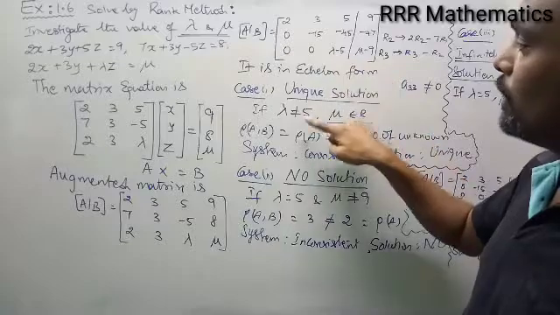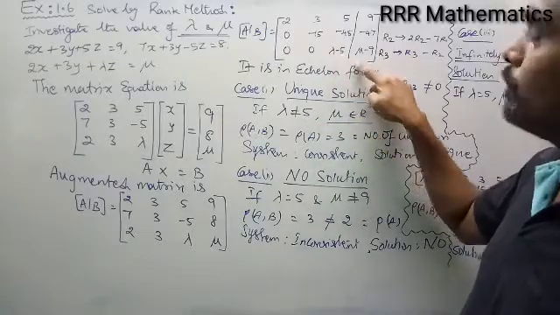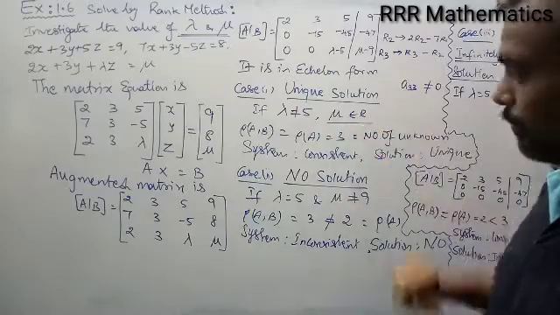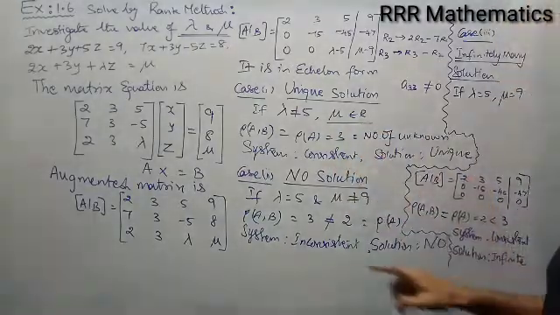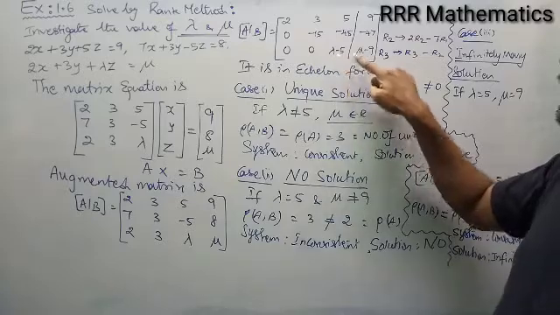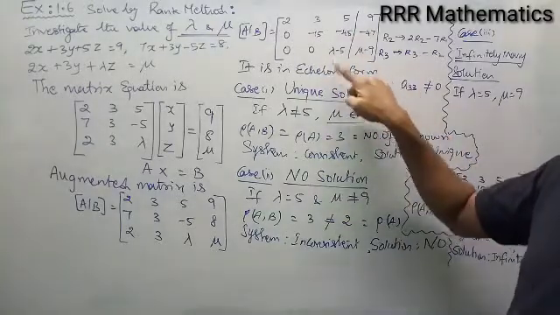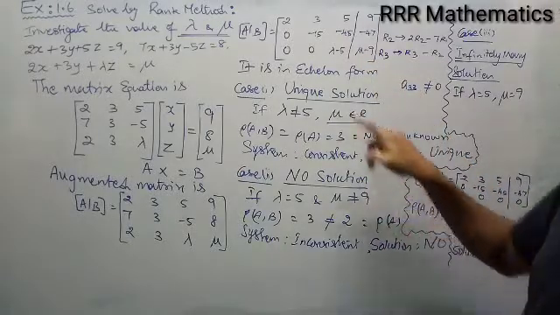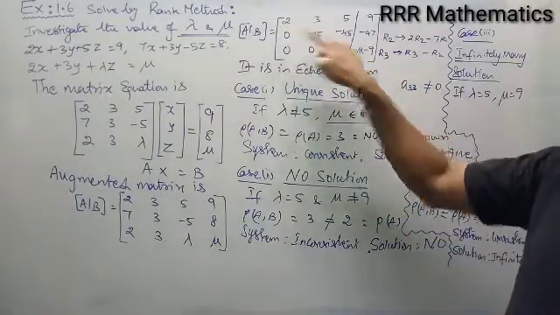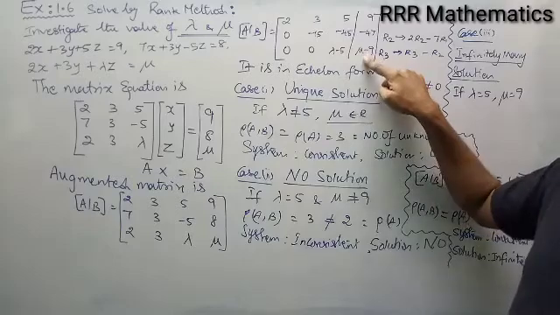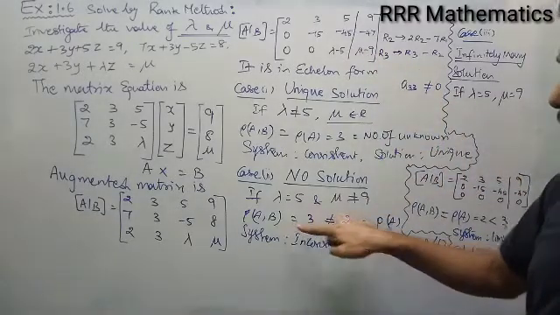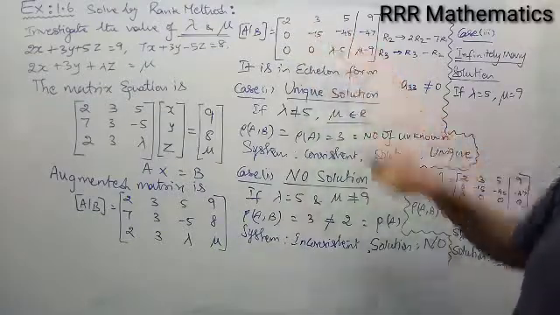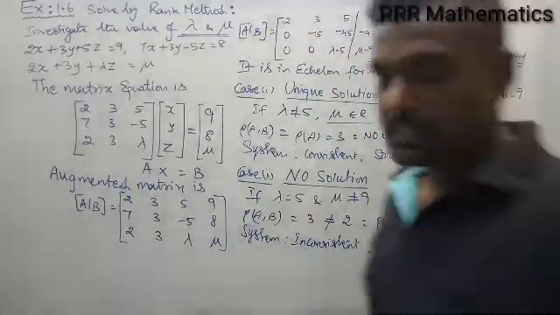So I am taking lambda not equal to 5. Mu you can take any value, I said mu belongs to R. Just make a note of this particular step. So consistent, unique solution. Here no solution: when this is 0, this is not equal to 0, the rank will be different. This will be 0, lambda equal to 5. This will be not equal to 0, mu not equal to 9. So in this case rank of A comma B: non-zero, non-zero, 0, 0, 0, this is non-zero. So that will be rank of A comma B shows 3. When this is 0, 0, 0, the rank of A will be 2. So these two are not equal, inconsistent, no solution.